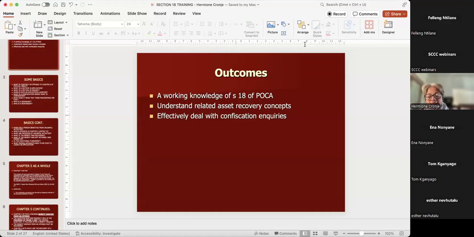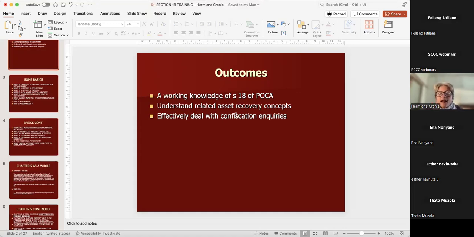Before the court can entertain a confiscation inquiry, a forfeiture inquiry. However, in the context of Chapter 5, the court can entertain the inquiry and make a confiscation order even if a restraint order has not been obtained. So that's a crucial difference between Chapter 5 and Chapter 6. You can only launch a Chapter 6 forfeiture application if the asset has been secured, restrained, or preserved, whereas in